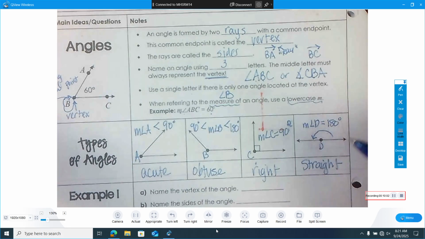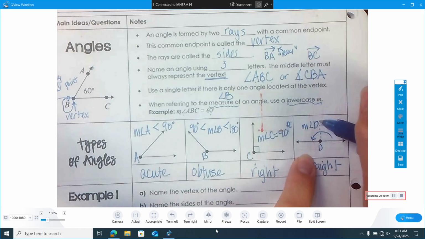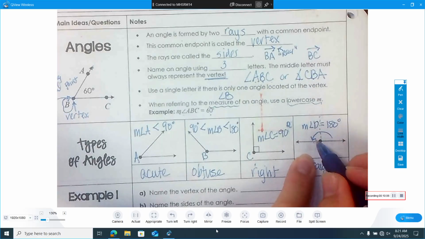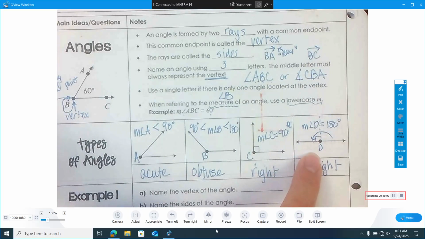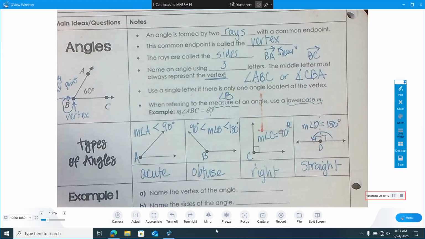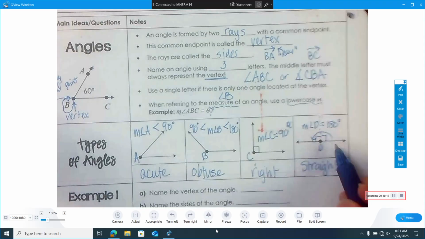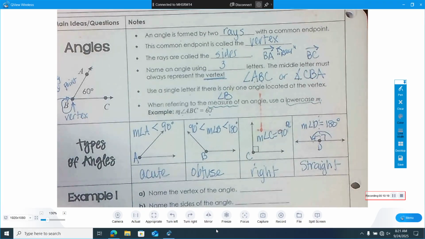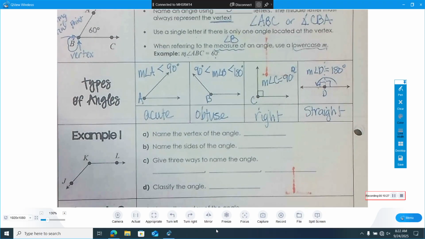Which kind of makes sense because if we were to put in a 90-degree angle, on one side you have 90 degrees, and what's the other side? Also 90 degrees. And of course 90 plus 90 is 180. So anytime you see a lovely little straight angle, you know that it is equal to 180 degrees, which is really kind of nice. Okay, all right, so in example 1 here,